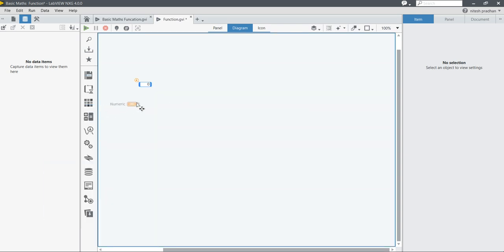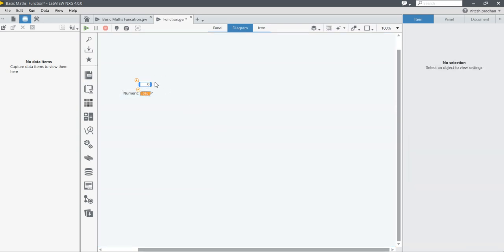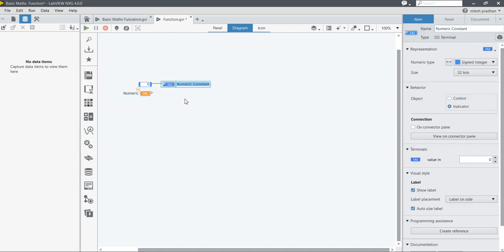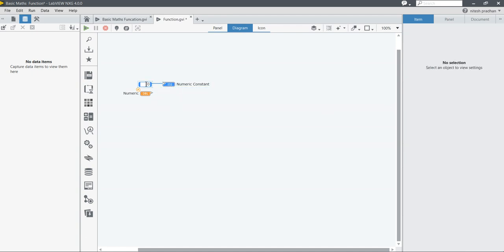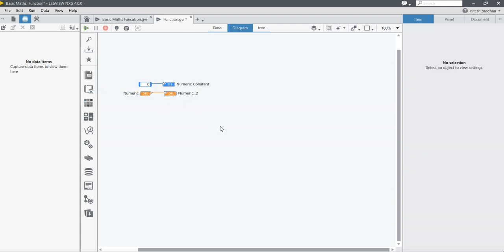This one is a DBL constant. Right click, value out, numeric constant. So it is an unsigned integer. Good.